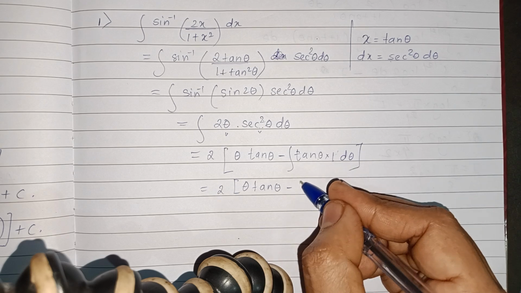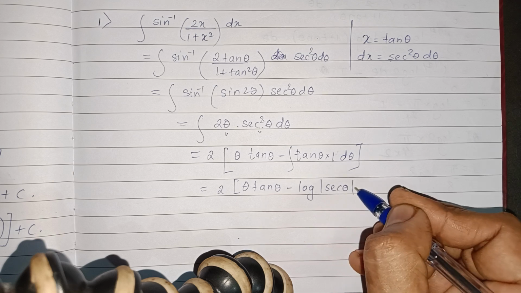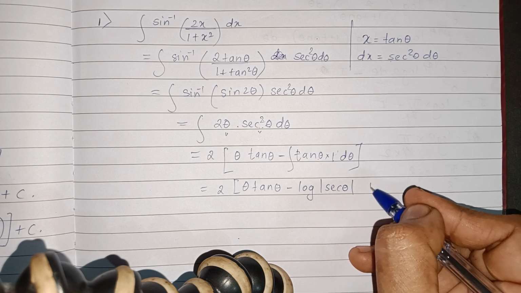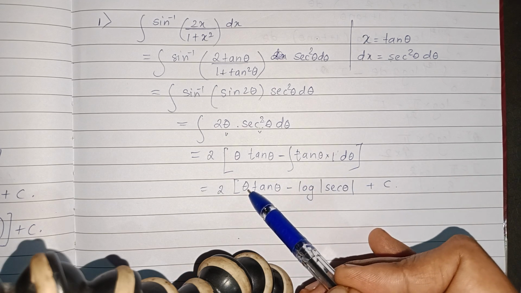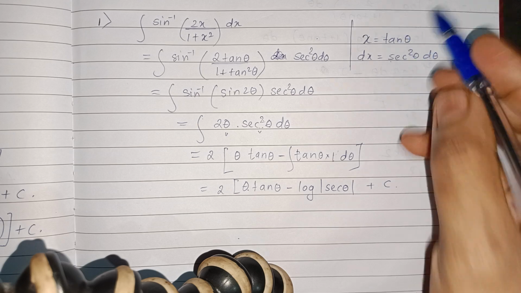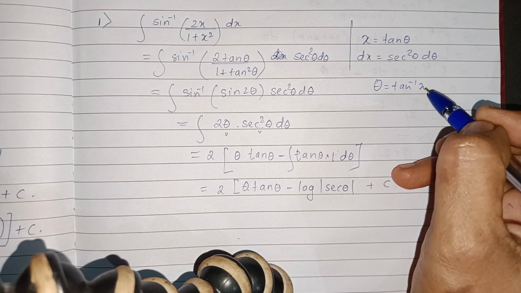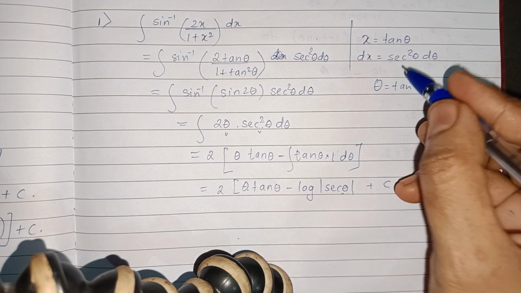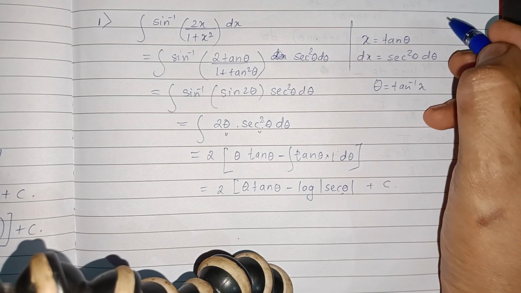Integral of tan theta is log sec theta plus c. Okay. Now we have to resubstitute theta. So theta is what? Tan inverse of x. Okay. What about sec theta? If your tan theta is x, so this becomes